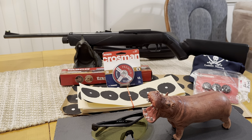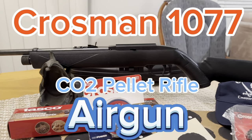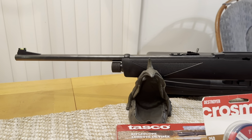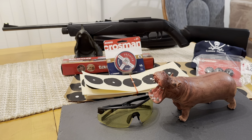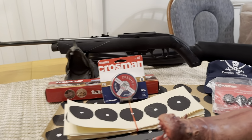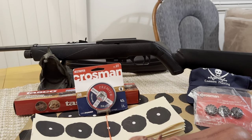So welcome back, guys. So this one, guys, as you can see on the table, we have the Crosman 1077 CO2 pellet air rifle, guys. So guys, this is one that's been on my list. Airguns Raider keeps a list of air guns that has been on his list since he's been collecting. And this is one that kept falling through the cracks on me, guys. As you know, guys, I do Airguns raids, and every time this one would come across,